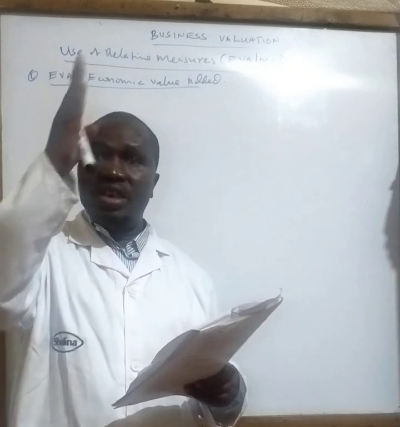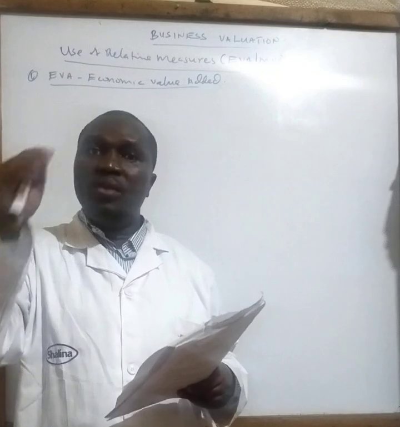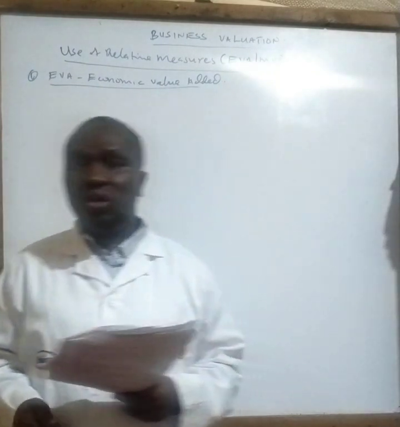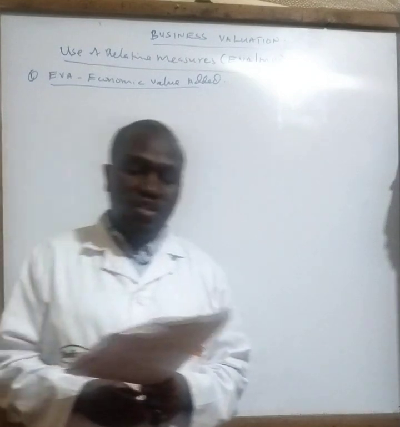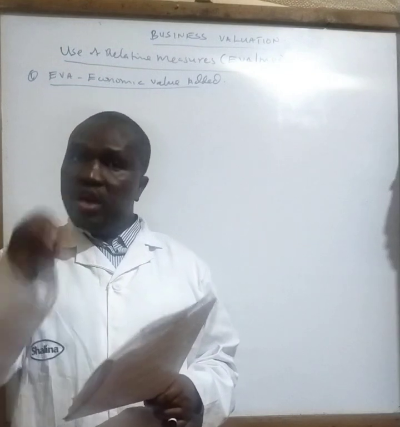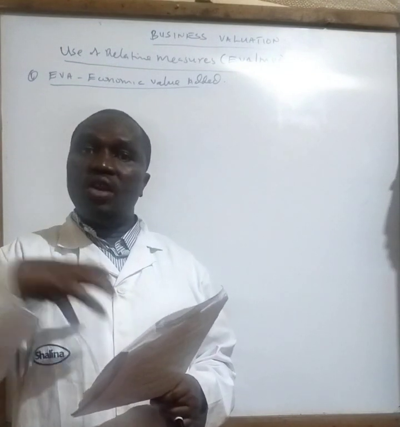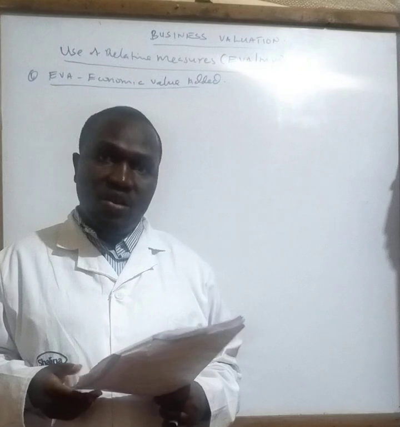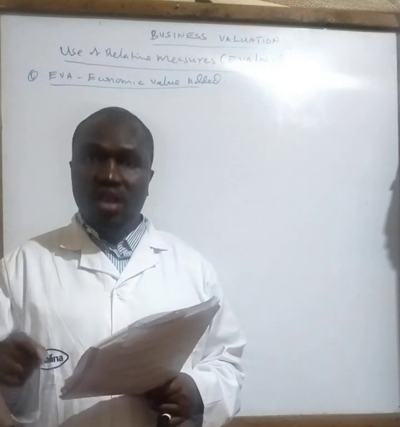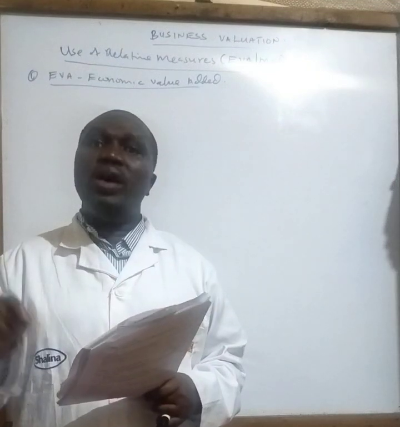Capital employed is made up of retained earnings or equity, plus the debt. And which debt? Long-term debt. Then we have additional information. This additional information given is going to affect the figures that we have already been given in the financial statements. So you have to know how this additional information is going to affect the figures in the financial statements.